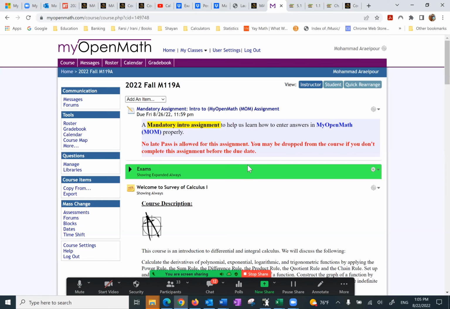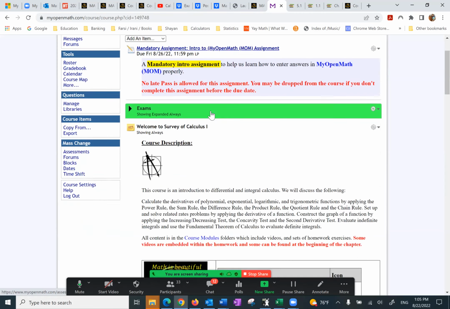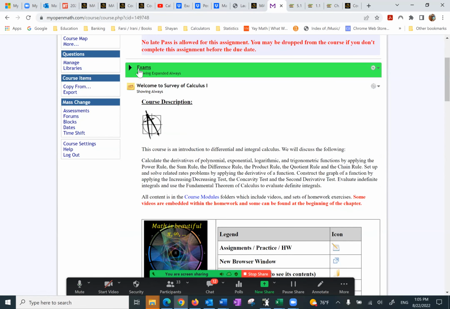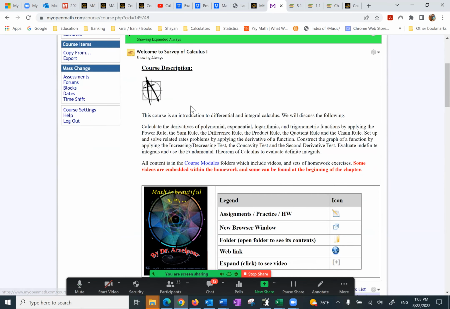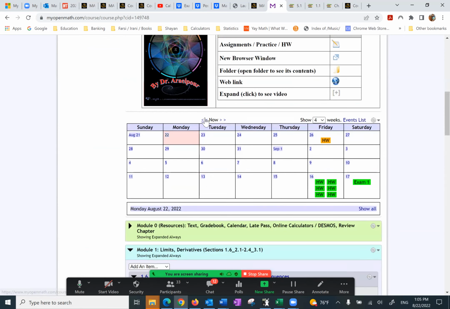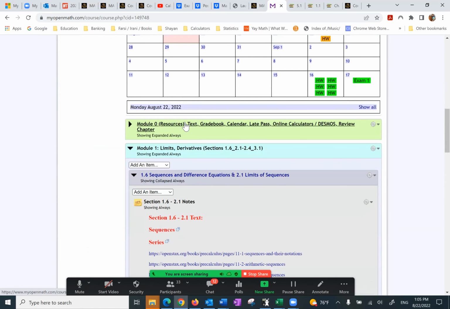So a quick recap: when you go to MOM, or My Open Math, you start with the mandatory assignment. Exams are here, you don't worry about them. Course description, calendar, module 0, and I can't emphasize enough the importance of the review chapter under module 0.